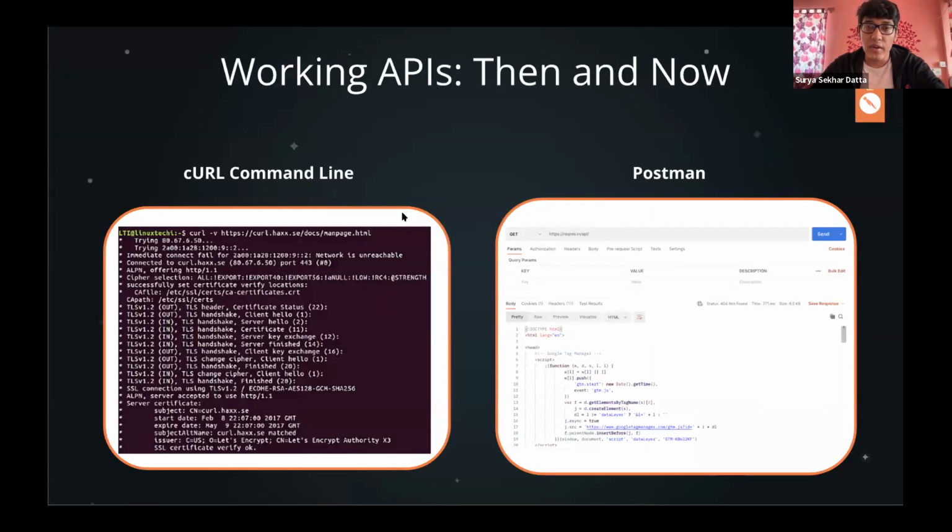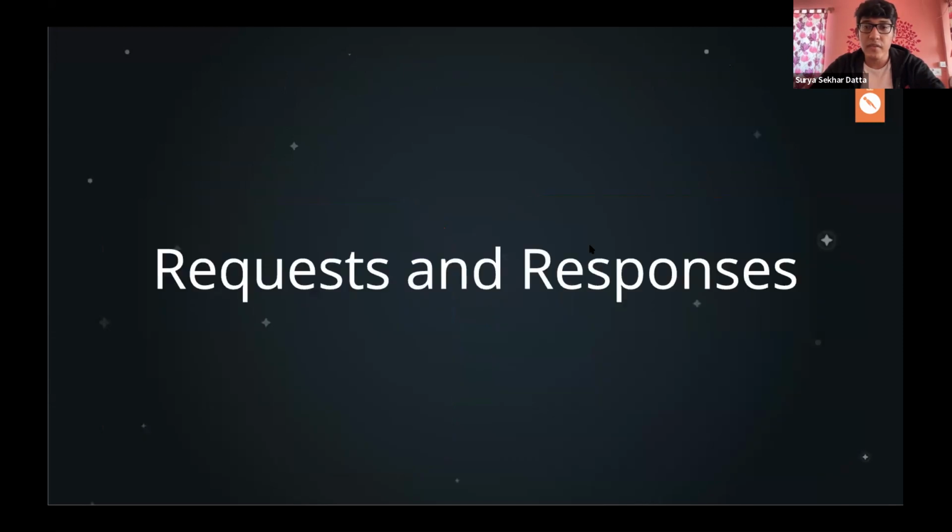Basically, this is how APIs worked before there was Postman. This is a command line tool called curl, and you needed to send the request using this tool to the server, and the response you see is here. Now, it's so confusing for so many people to understand, right? But this is how Postman operates. It's just a simple interface, a graphical user interface. You just need to specify the endpoint, the request method, and send the request, and you will receive the response. It's so simple to use, right?